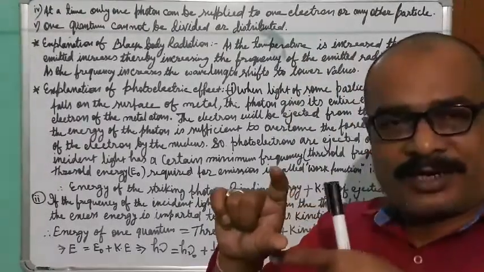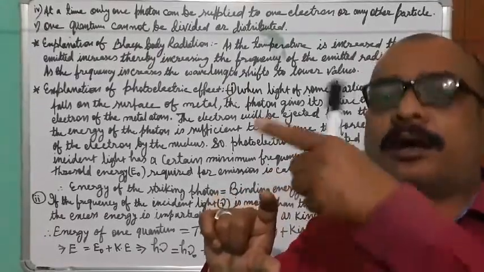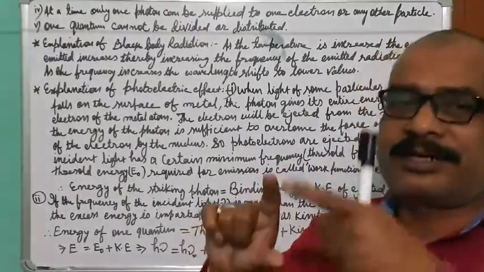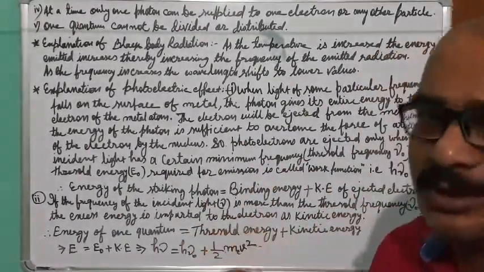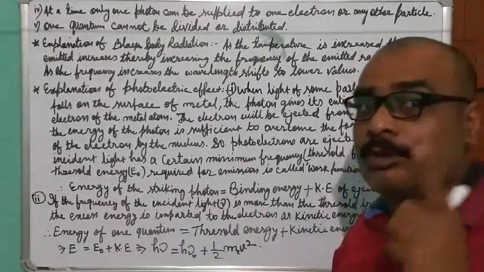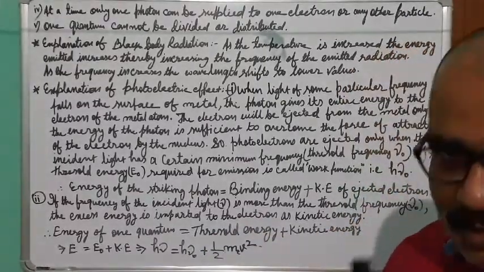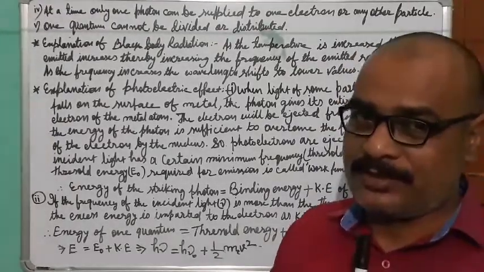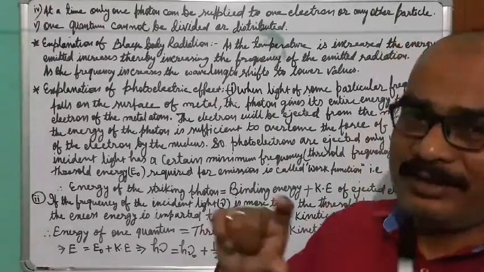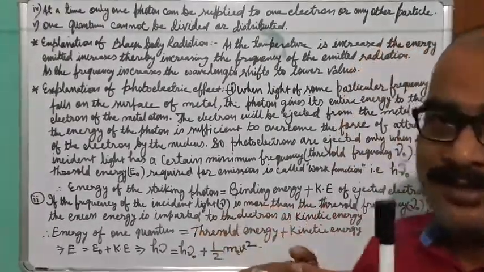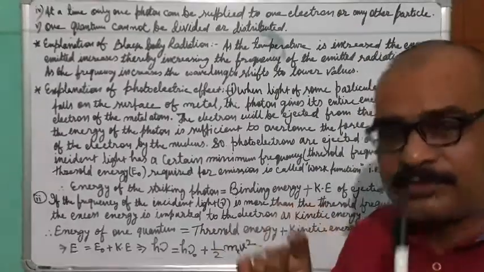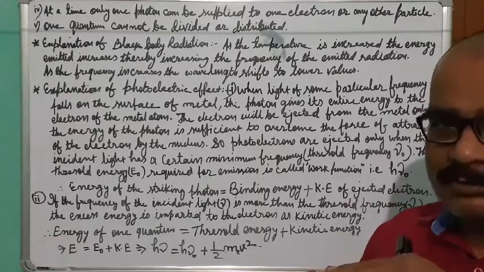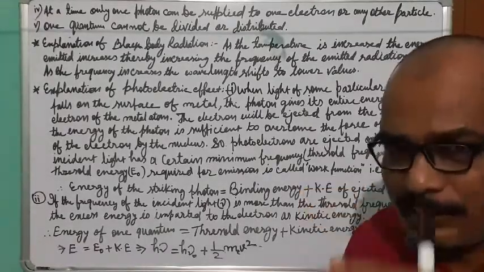Until this force of attraction is removed, the electron won't come out. To make it come out, this force of attraction must be removed. And to remove this force of attraction, we need binding energy. So the photon must have at least that much energy, and that is why this binding energy is known as threshold energy. If the photon contains only the threshold energy, just the energy required to remove this force of attraction, then what will happen? The electron will come to the surface of the metal and remain there. It will not move away.